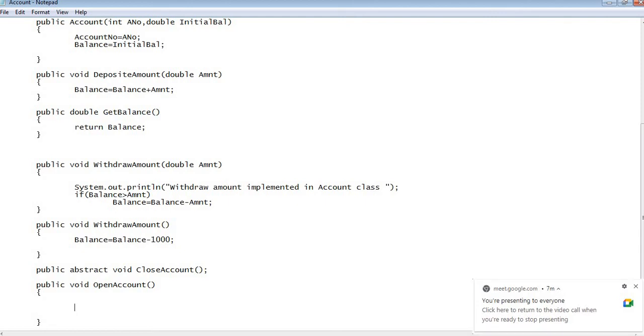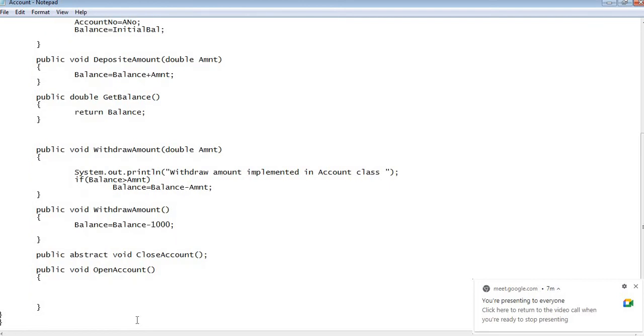There should not be any class which is changing this procedure. So the procedure is decided and should not be altered by any class. Such a method we will define as final. A final method is a method which cannot be overridden and its implementation cannot be changed.